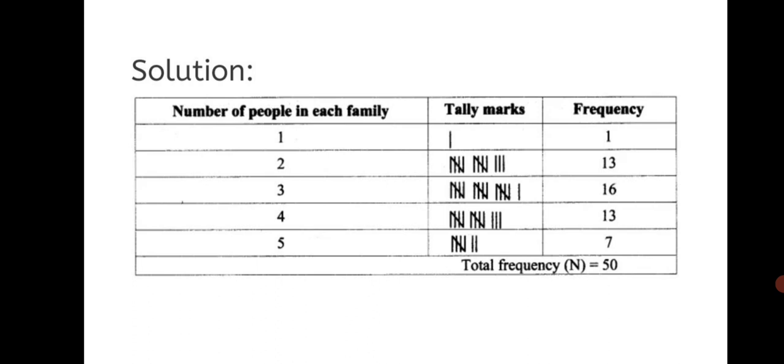So all you have to do is make a table with 3 columns. In the first one, you will write what is given in the question, number of people in each family, and the numbers you see, you will write once in ascending order: 1, 2, 3, 4, 5. Then you will start marking from the question what you see in the tally marks column. If you see 2, put one standing line. If you see 4, put one standing line. Again you see 2, put a standing line. Third time 2, okay, standing line. Fourth time 2, also a standing line.